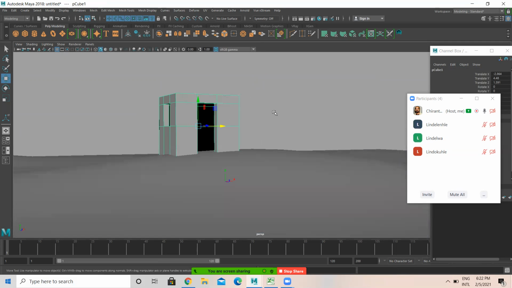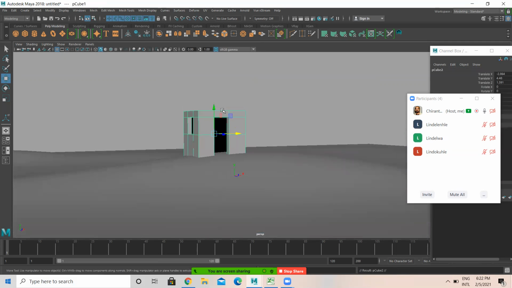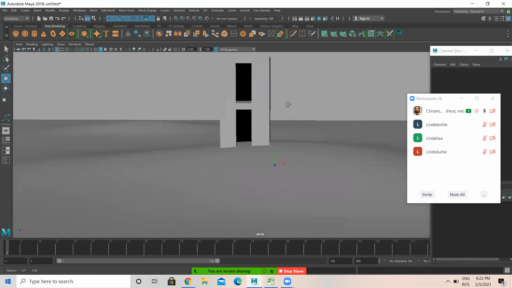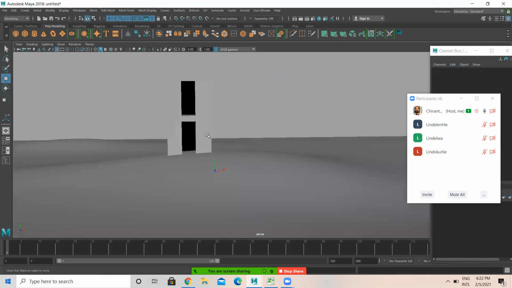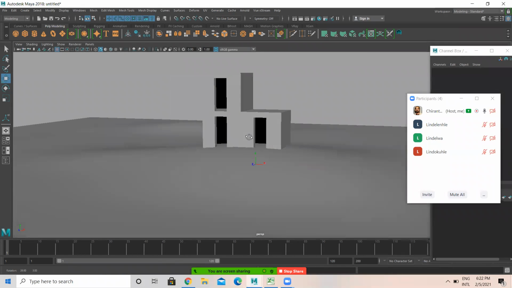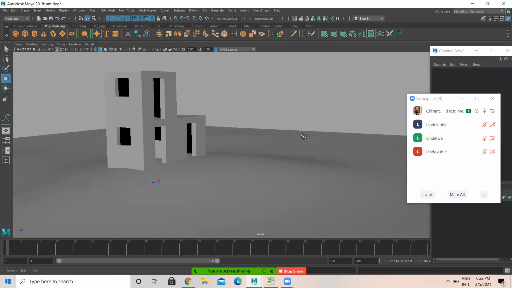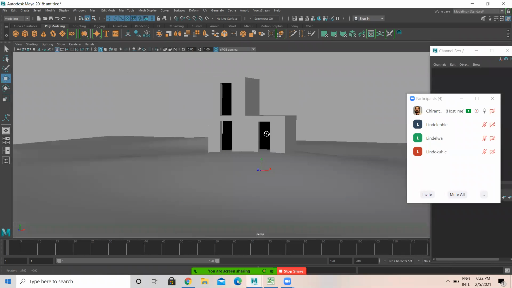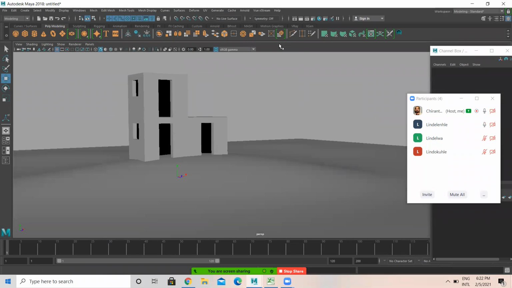Now I'm selecting this particular box again. I'm going to duplicate this, Control D for duplicate, and you place this here on top of this. Okay, so another floor. Again, I'm selecting this and duplicating it, Control D for duplicate. I'm placing this one over here. Okay. Got it? Yes, sir.